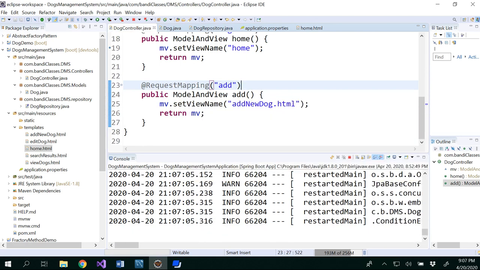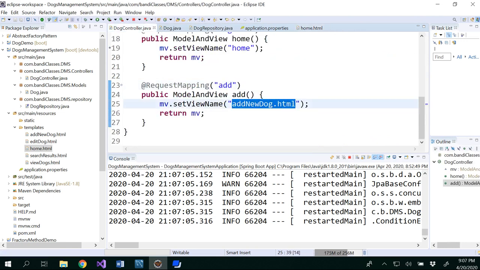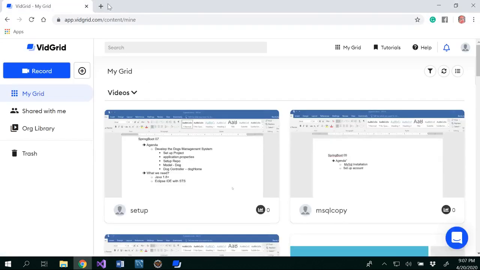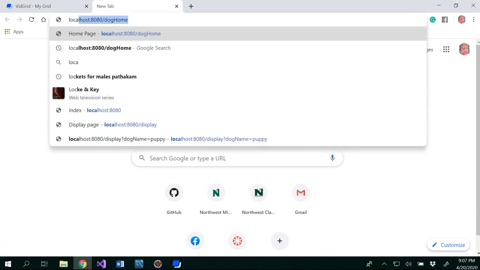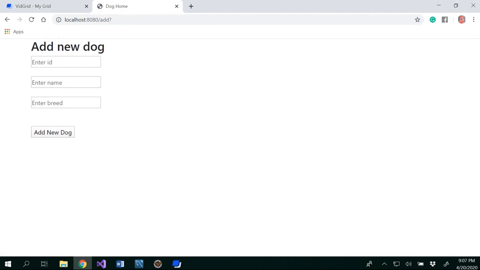You have add that would communicate to your view and is able to render whatever information is there, which is nothing but your add new dog.html. Let's go ahead and run this. Localhost dog home, and now you would be able to see this here. As you remember, previously we entered 1, 2, 3, and so on. It would be able to get it. Now let's enter something,